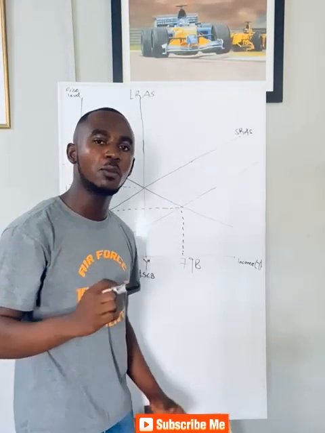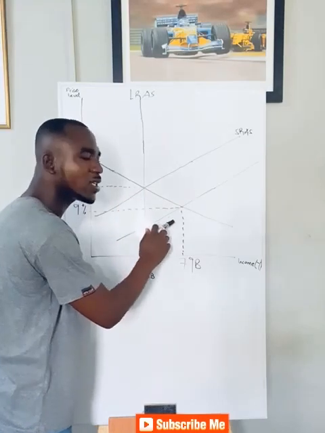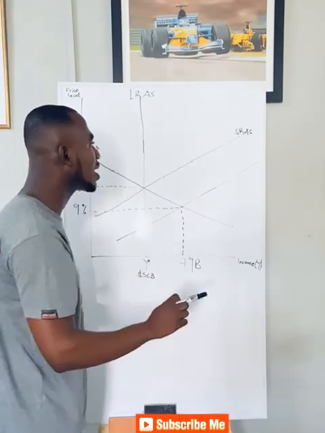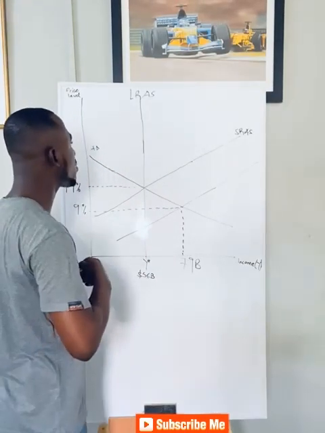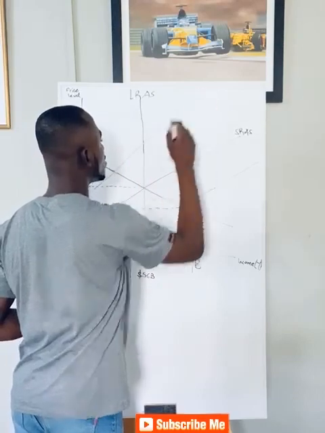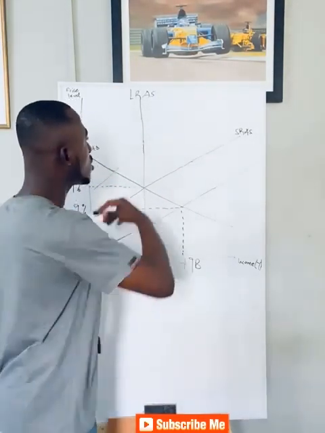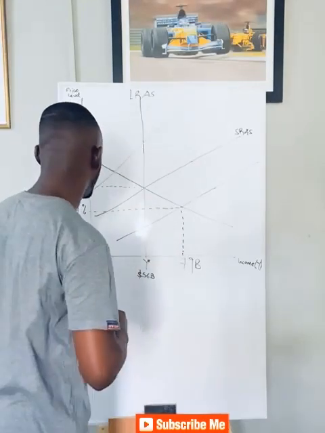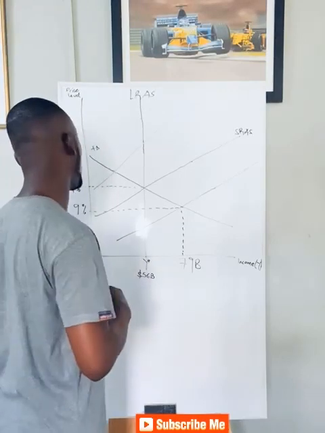Why? Because production has fallen. Now here, when production increased, it shifted inward. Now production has fallen, so it will shift outward. So the aggregate supply curve shifted outward because of less production. We're not producing that much. That's what caused the aggregate supply to shift. So there was a shift in the short run aggregate supply curve.